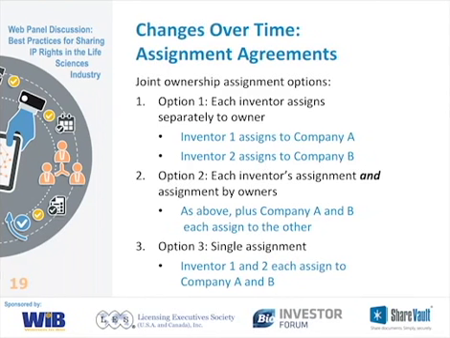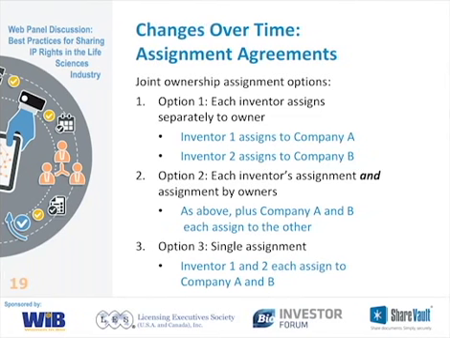As an example, I've got here the issue of assignment agreements. So we have two inventors. They've conceived of an invention, contributed to a claim that's in a patent. And now we want to record the ownership of this through an assignment agreement. And there are really three ways we can go about doing it. Option one, we can have each of the inventors assign to their employer. So inventor one assigns to company A, inventor two assigns to company B. The patent issues, it's owned by A and B by virtue of the assignment from the inventor.